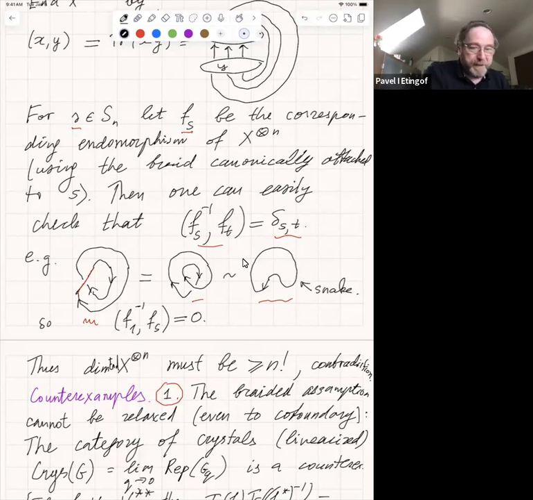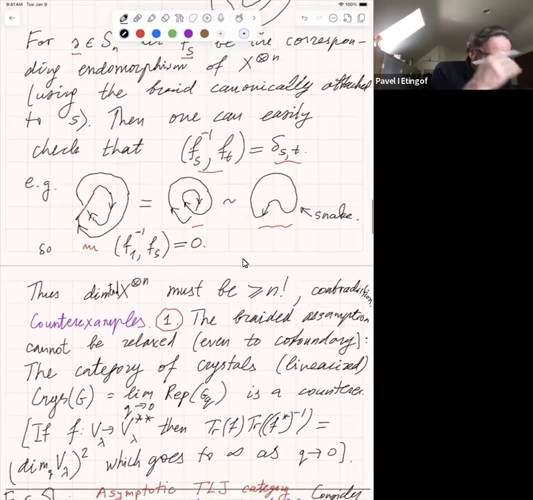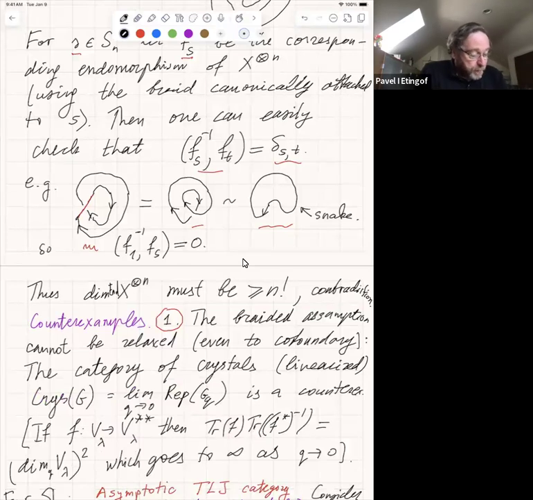Okay, so now let me pass to counterexamples. This means that I will explain why certain conditions cannot be removed. So first of all, we cannot remove the braided assumption. In fact, in this proof, the braid relation, the third Reidemeister move, is crucial. I have not used it in this picture because I dealt with n equals 2, but once you get to n equals 3, you really must use it. And the counterexample showing that that assumption is essential is the following.